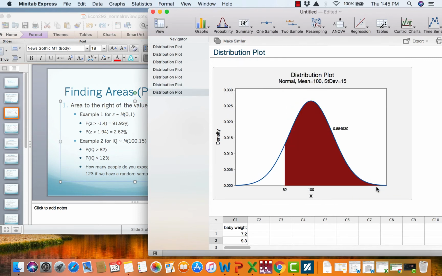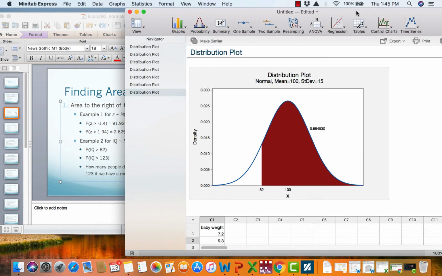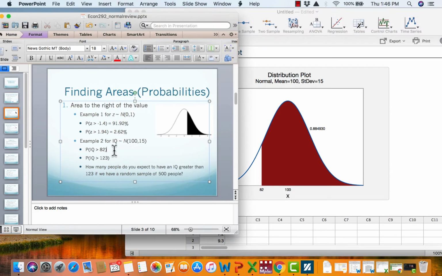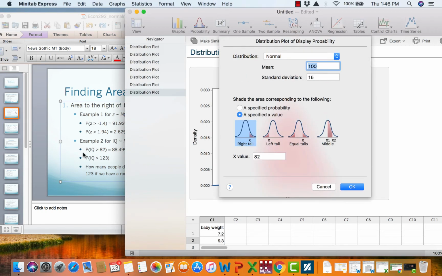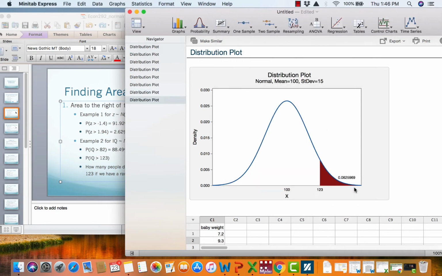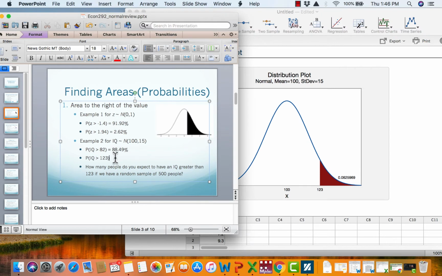We say OK. All right, and we see everything shaded to the right of 82, and that probability is 88.49%. Okay, we can do the same thing for 123. Changing the IQ only changes the x value down here. We say OK. Everything to the right of 123 is shaded, and that percent is